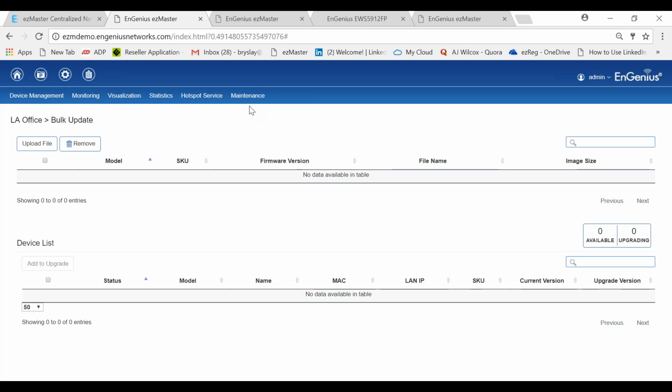So for example, if you bought 10 access points and you find out that the version that you have is older and you need the newest version, you would download the newest version from EnGenius, you would then upload that file to EasyMaster, and then you have an updated firmware version for your access points.